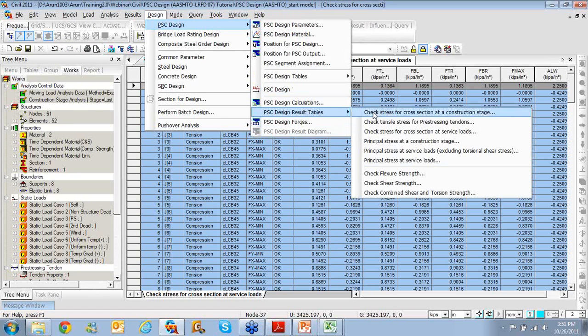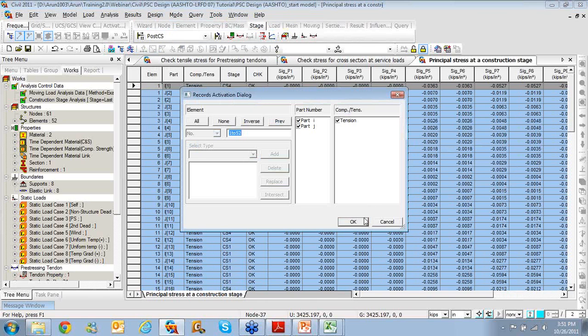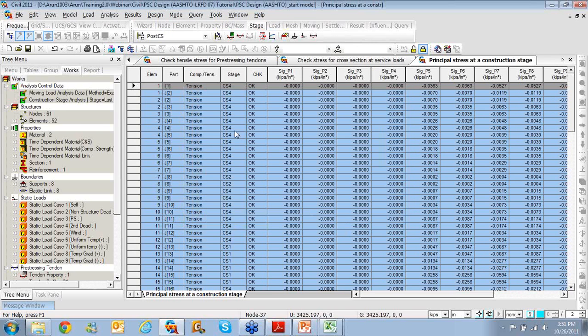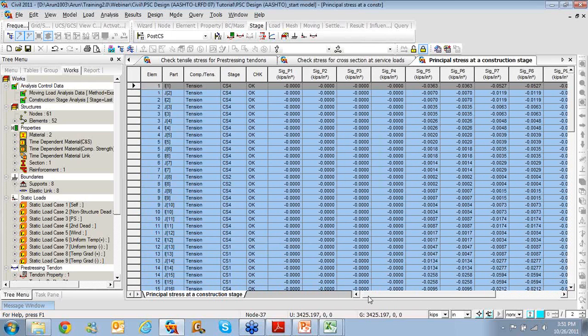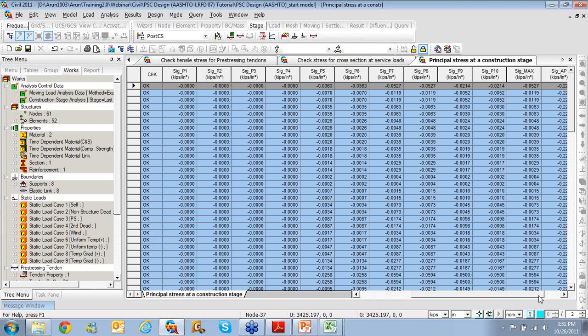Then let's see some more results. Then principal stress at a construction stage. It is only the tensile principal stress that we are looking at, and basically for that construction stage which has sigma max being achieved, the program goes to that construction stage and then shows the tensile stress at different locations all around the periphery of the cross section. So you can see P1, P2, P3, P4, P5, P6, P7, P8, P9, and P10 are basically, if you come to